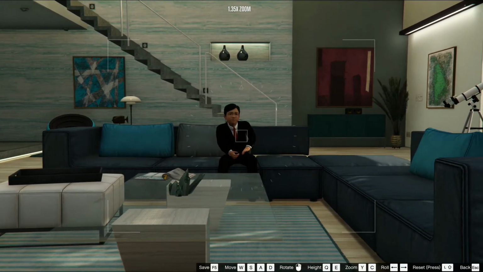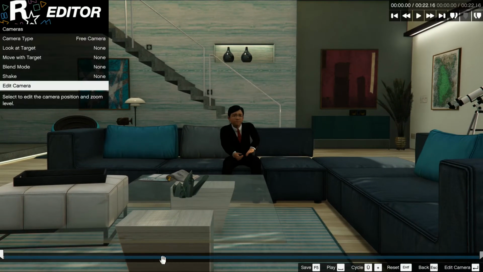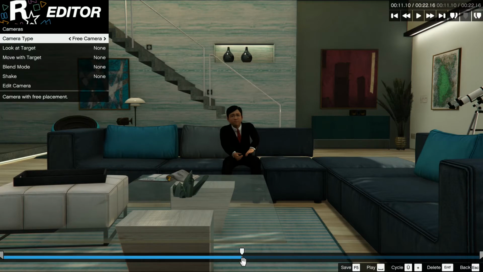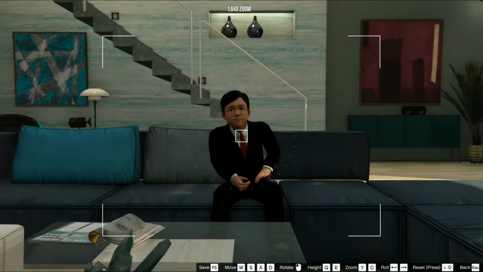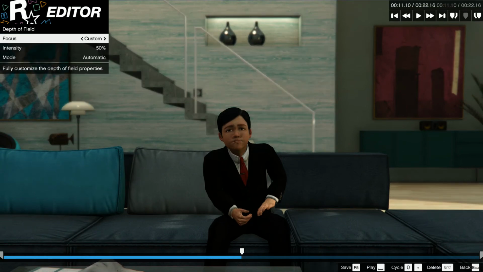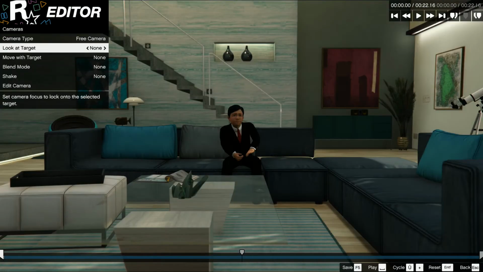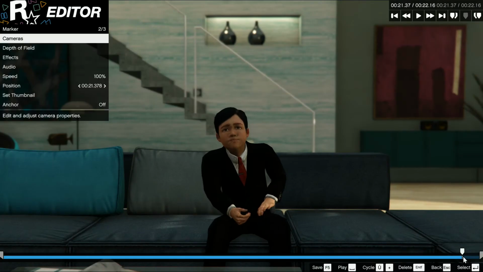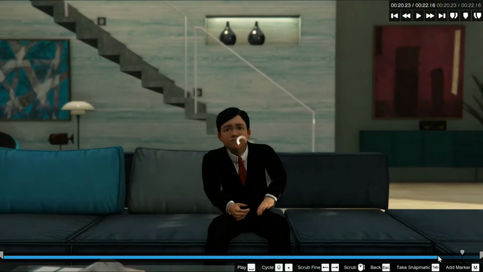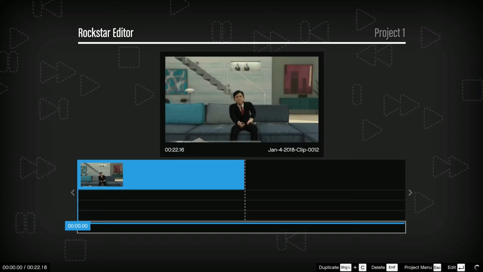In my case it was just a simple zoom. You can do whichever camera movements you see fit. But you can't really use shake effects because the camera shake, which is generated in Rockstar Editor, is random, which means that the shake will be different every time you export a clip. Once the camera movement is done, you can already export the first clip.